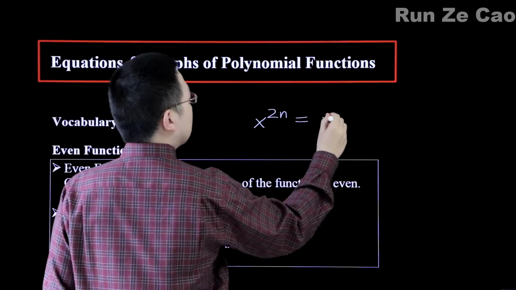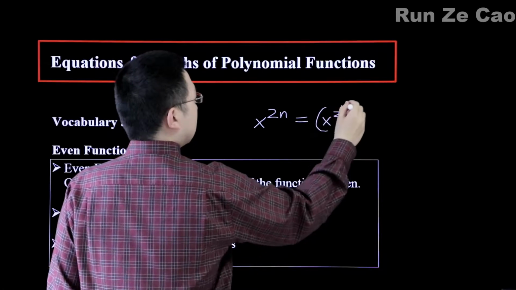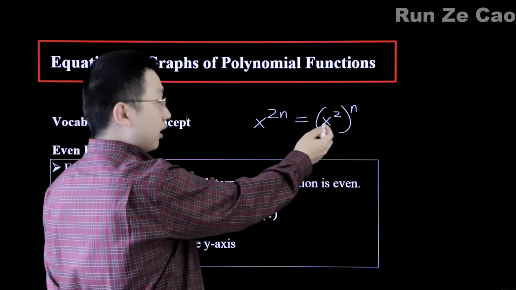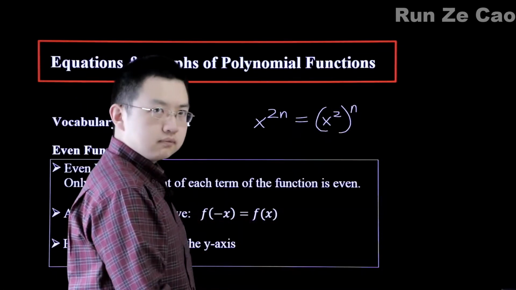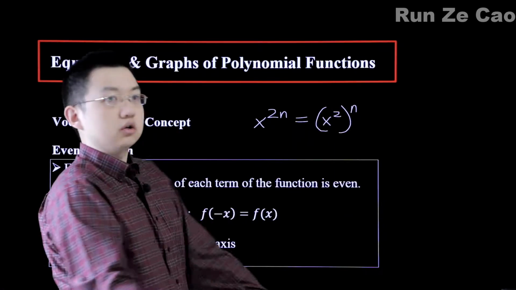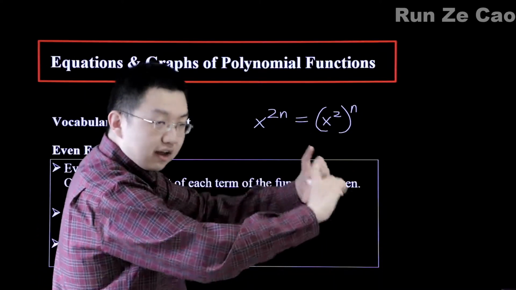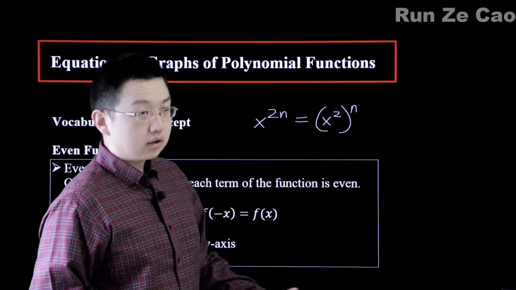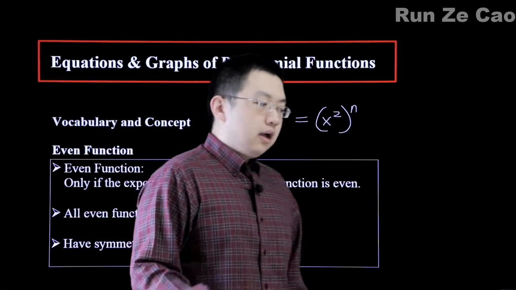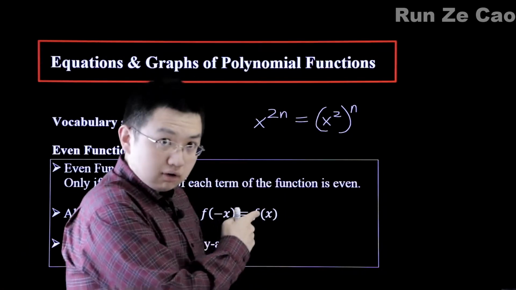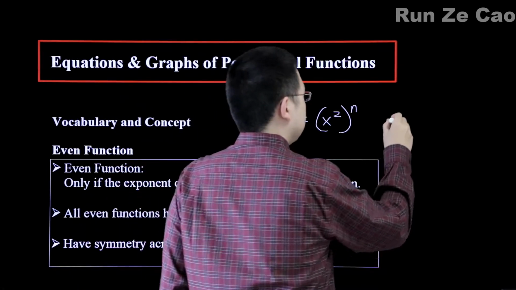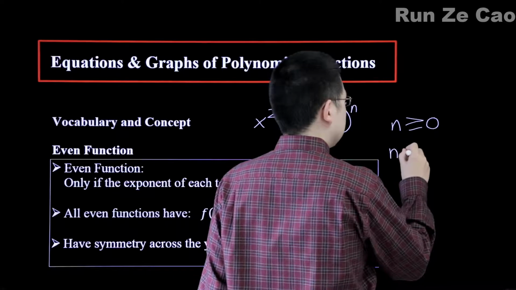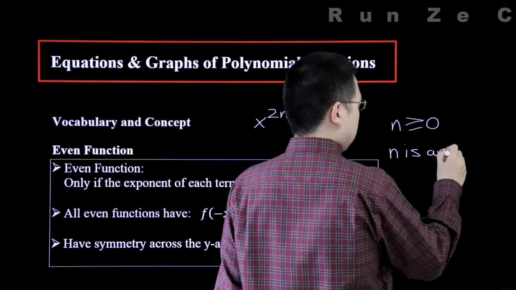This is equal to x squared to the nth power. So with negative x, we get x squared to the nth power. With positive x, we get x squared to the nth power. Because negative x, in brackets, squared is equal to, the negatives cancel out, so we get x squared. Please note that here n can be 0. So n is greater than or equal to 0, and n is an